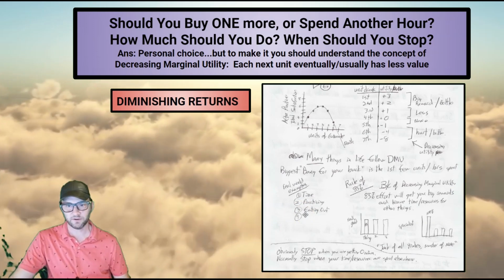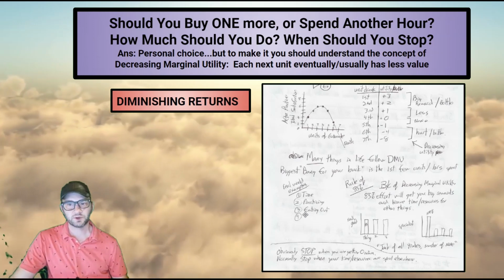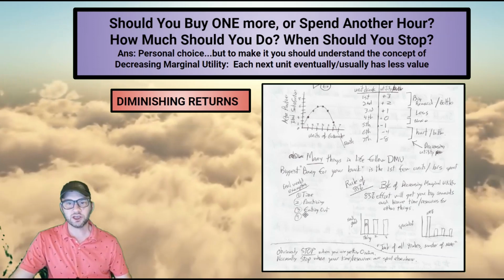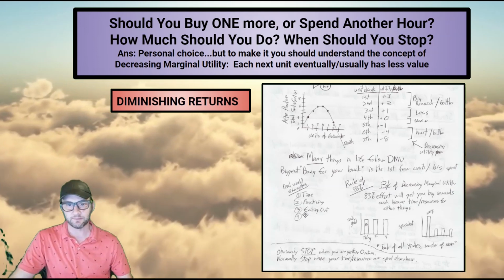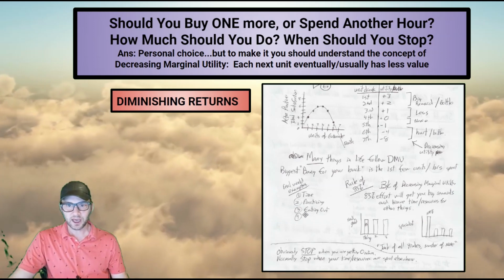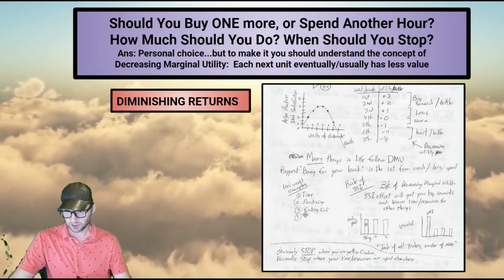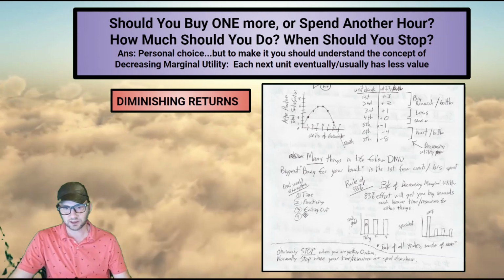Okay, we want to save money for our retirement account. You're only eating out a couple times per month. The first few times per month, like 1 or 2, are incredibly special, and it's a great idea. And then, if you keep eating out, it just becomes meh. You're hardly getting any satisfaction, and in fact, it's hurting your retirement account when you eat out 3 times a week, something like that.